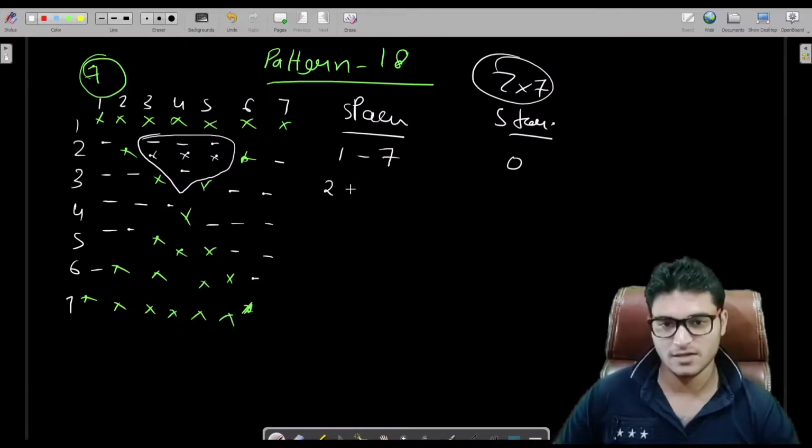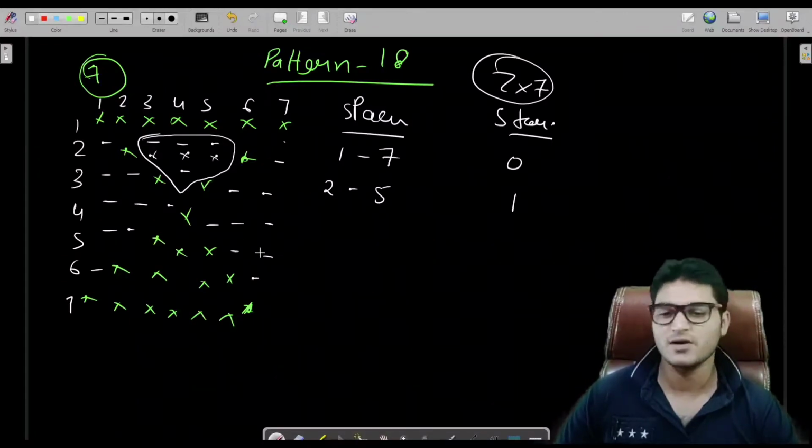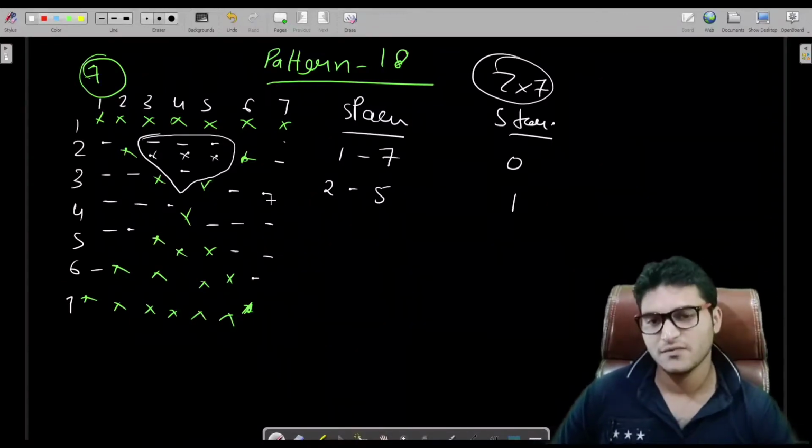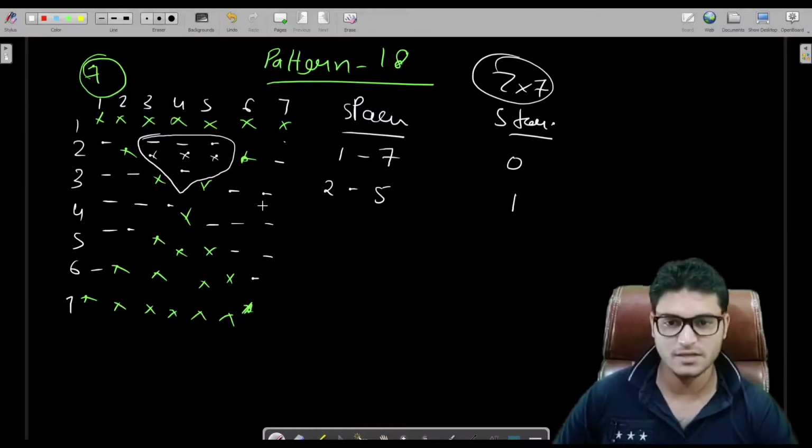Then in the second row there should be 5 stars and 1 space. We do not have to worry about this space for now. If we have to worry about it, then we'll think of it later. I'm leaving it for now, and we'll see in a later video.